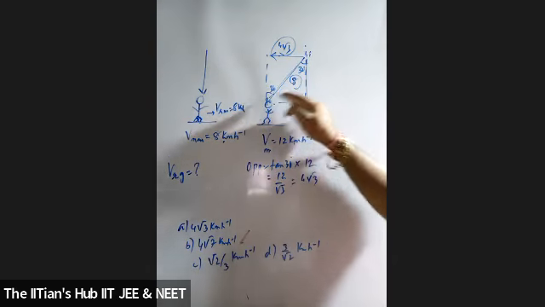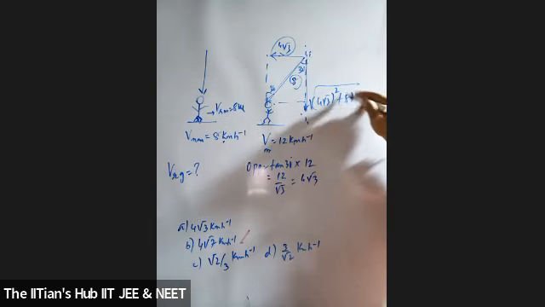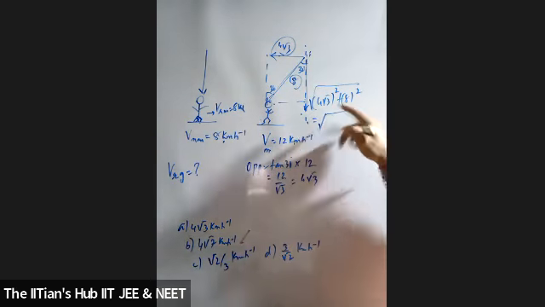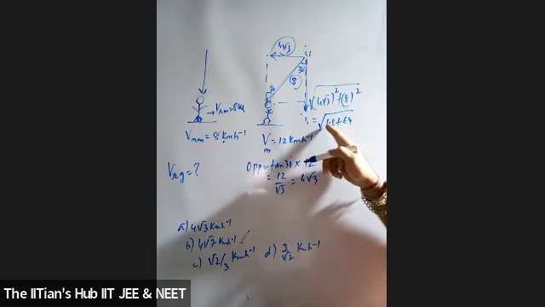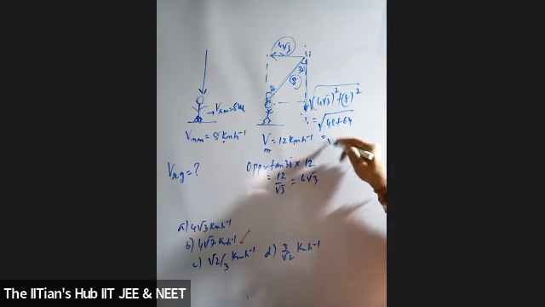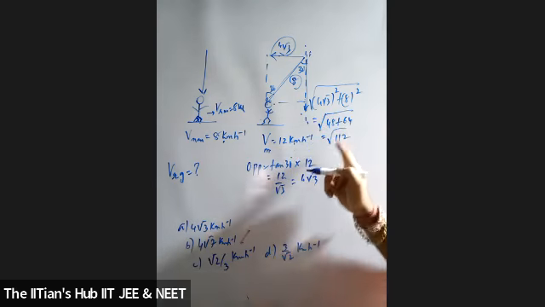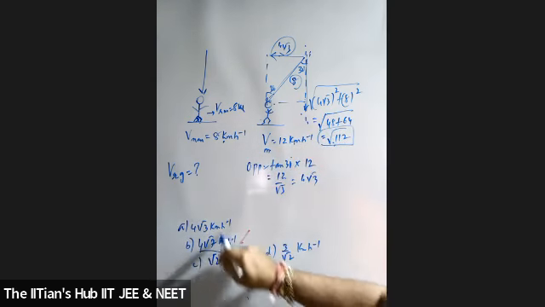Yes. So under root, what will it be? 4 root 3 the whole square plus 8 the whole square. Students, 4 root 3 the whole square comes to how much? 16 threes are 48, plus 8 square is 64. 48 plus 64 is 112. And students, if you find the square root of 112, you'll get the answer as 4